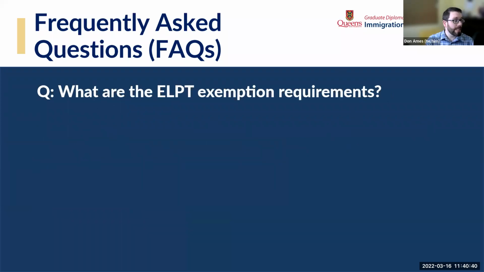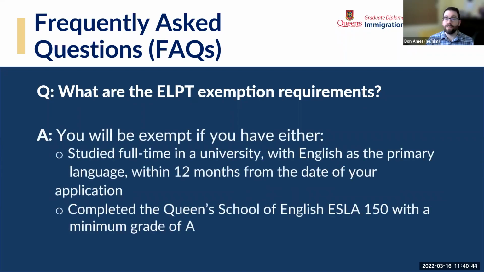What are the ELP exemption requirements? As I mentioned, there are two. One is that you have studied full-time in a university with English as the primary language within 12 months from the date of your application. So if you were just at McMaster University, say, studying English Lit, you would be exempt if you were a full-time student and you studied last year. If you had done studies several years ago, maybe 2005 or 2012, you are outside of the exemption range